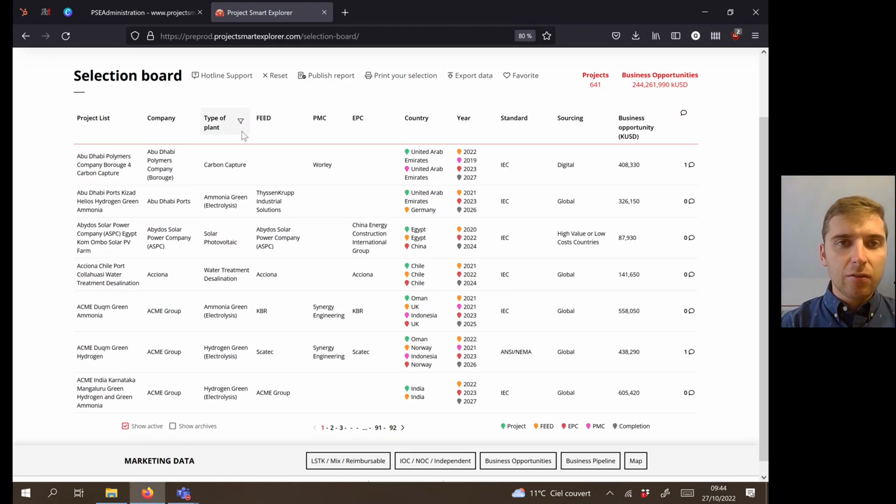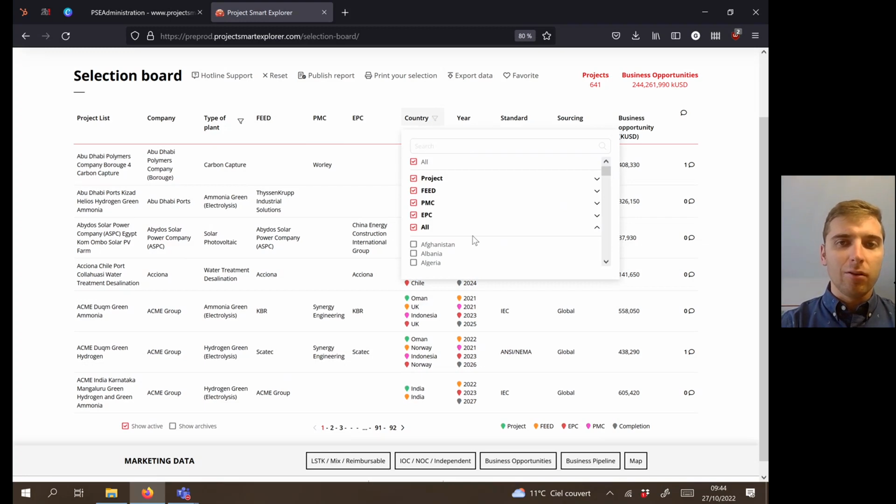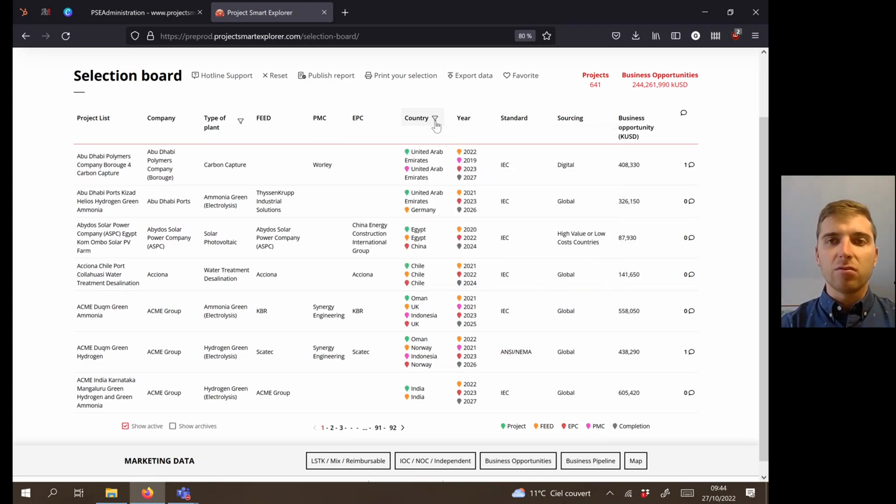You see that here the filtering icon remains black. It means that I have an active filter on this column. Of course, I can multiply on all the columns. As always, you can use all the columns to filter and go to the projects that really maximize your interest. The story continues. One difference, which might be maybe the biggest update on this selection board, is that if